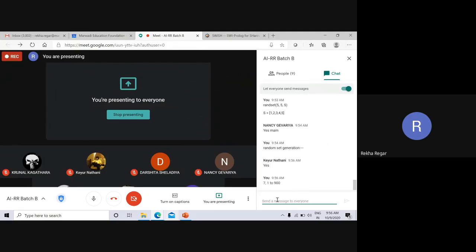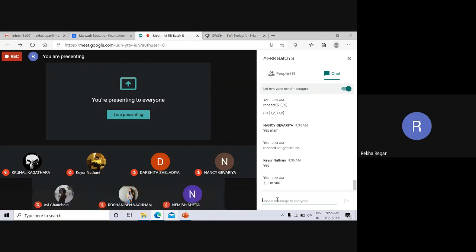Then what will be the syntax for using this random set? It means I am interested in getting 7 elements, and for those I am passing the range from 1 to 900. So can you write down the syntax using this RAND set, guys?